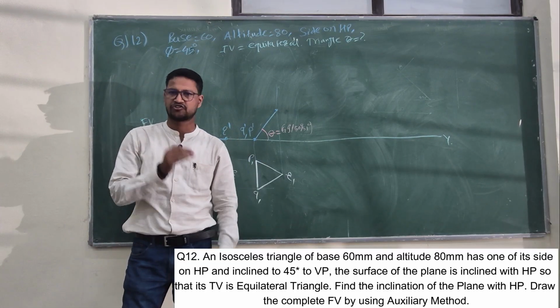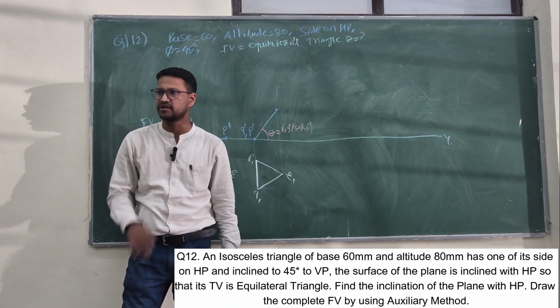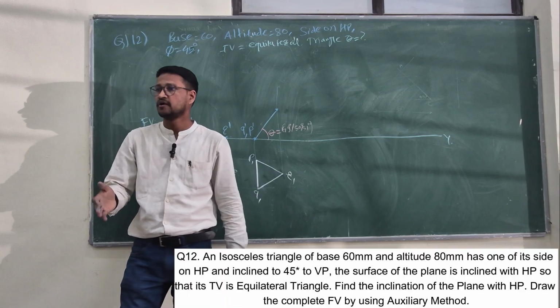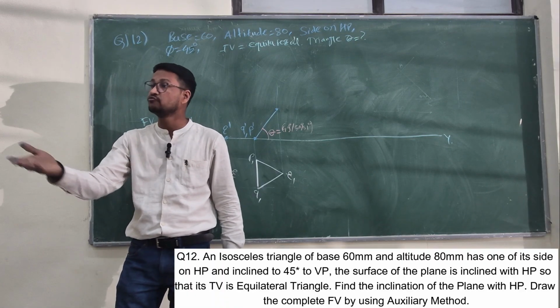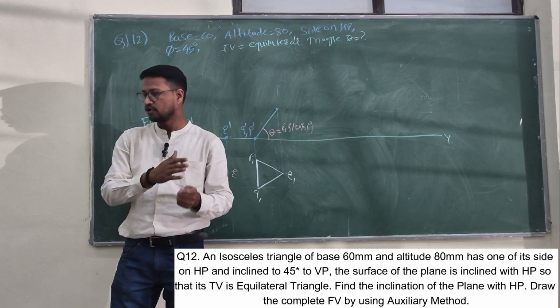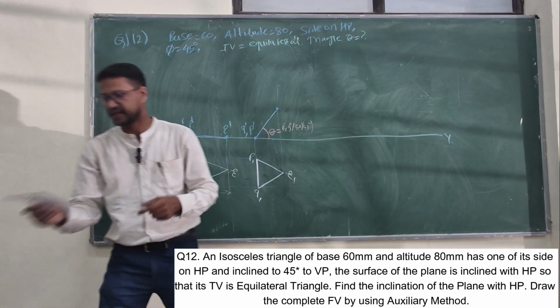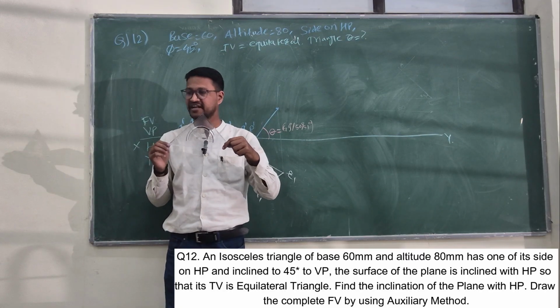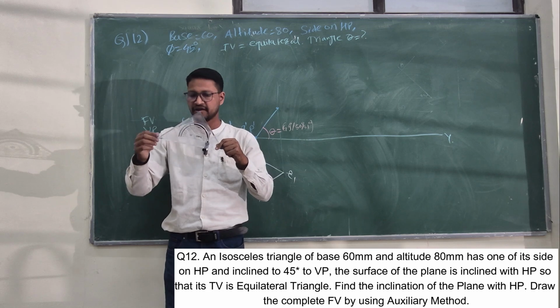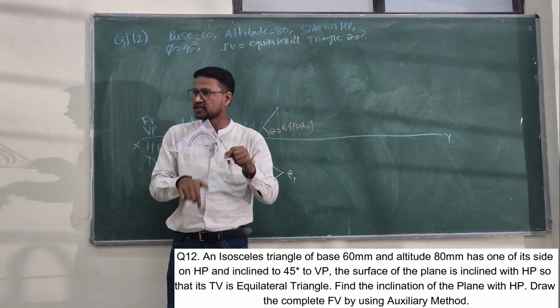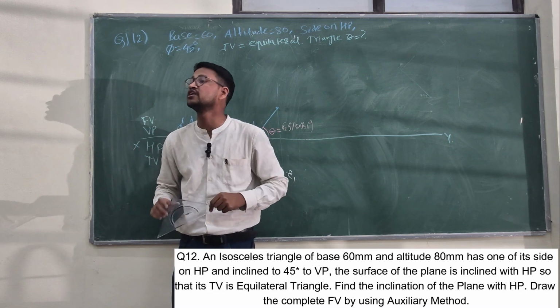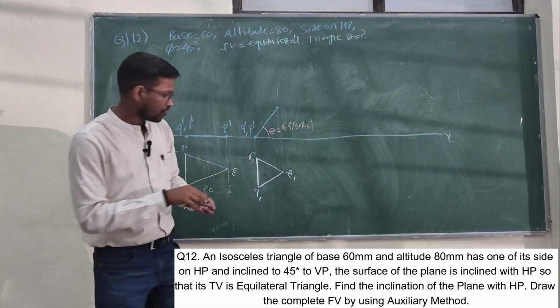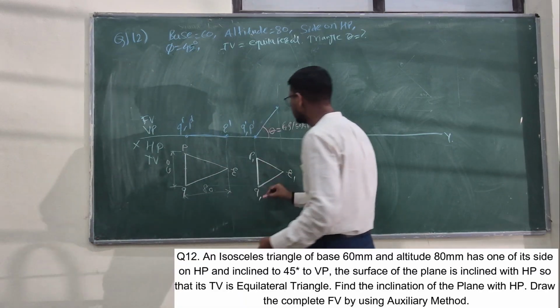Two parts: auxiliary vertical plane and auxiliary inclined plane. Now, auxiliary vertical plane means a plane is inclined to the vertical plane and is perpendicular to HP. It means a plane is inclined to VP and already perpendicular to HP. So it is an auxiliary vertical plane, right? And the plane is inclined to which